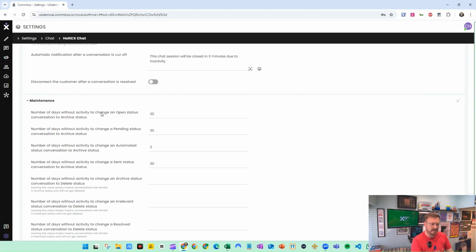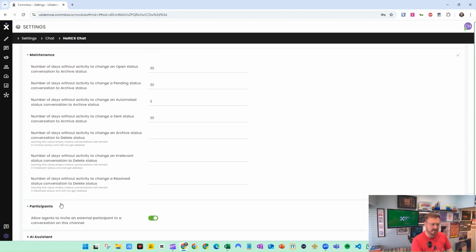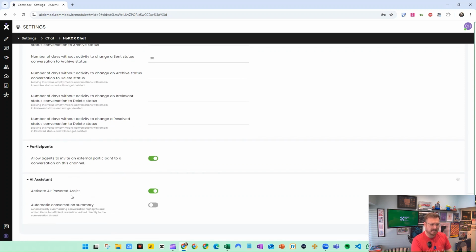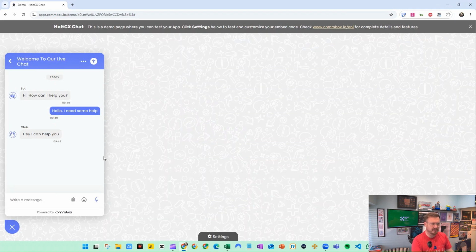What your maintenance is, participants. So we can invite an external participant if we want, and we can add on the AI activated. And also, let's turn on conversation summary, because why would you not want that? Once we save those changes, it's going to be updated in the client. If I were to refresh this,